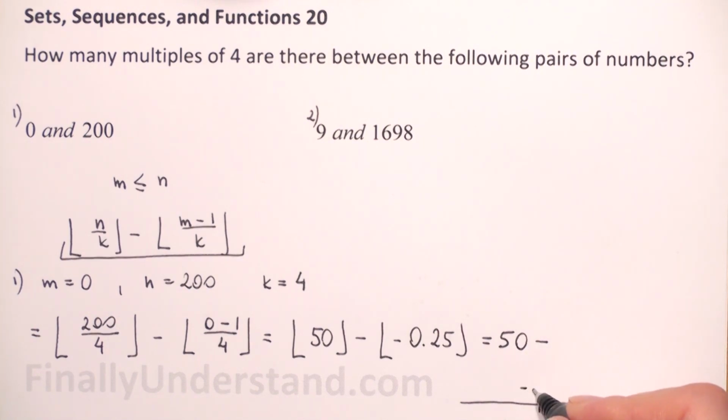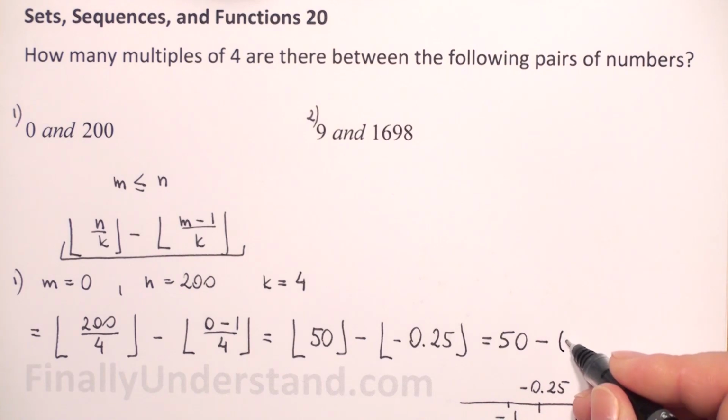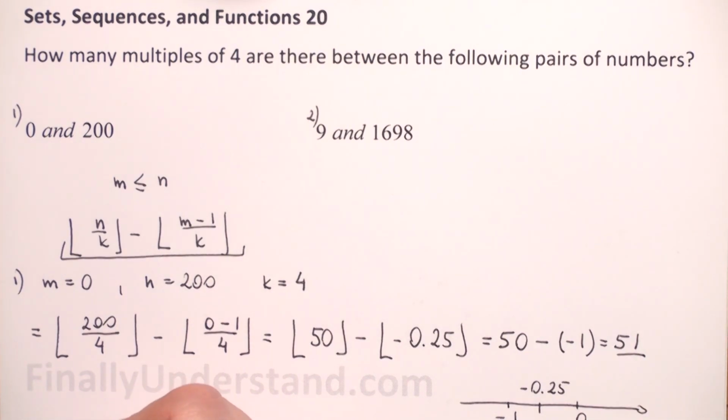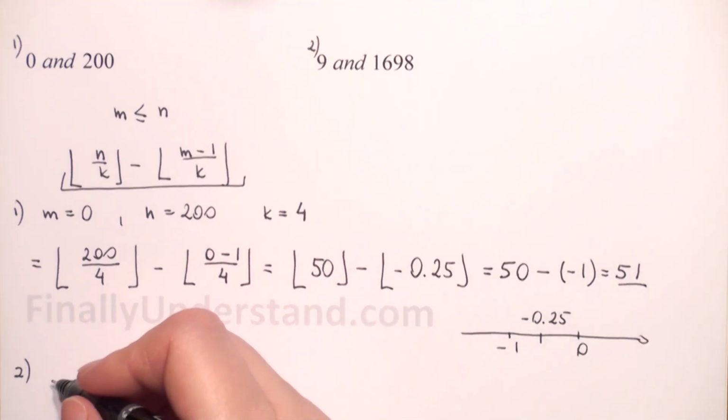This is between negative 1 and 0. So the largest integer less than this number is negative 1. So this is equal 51. So this is the solution to the first example, and to the second example we have given that